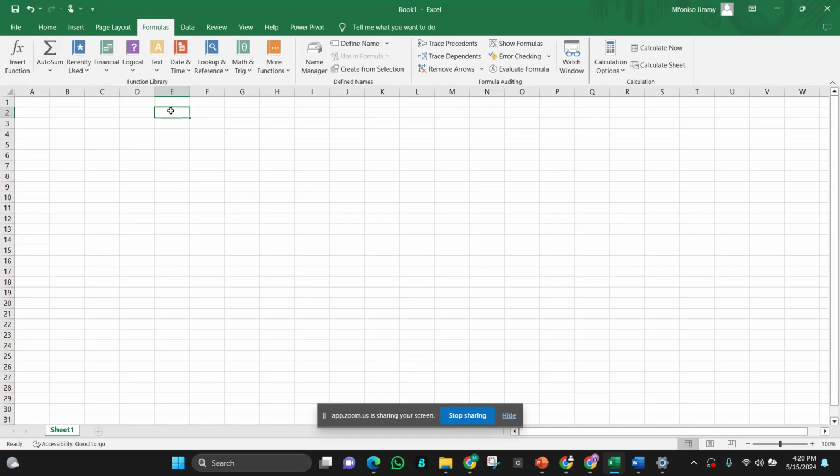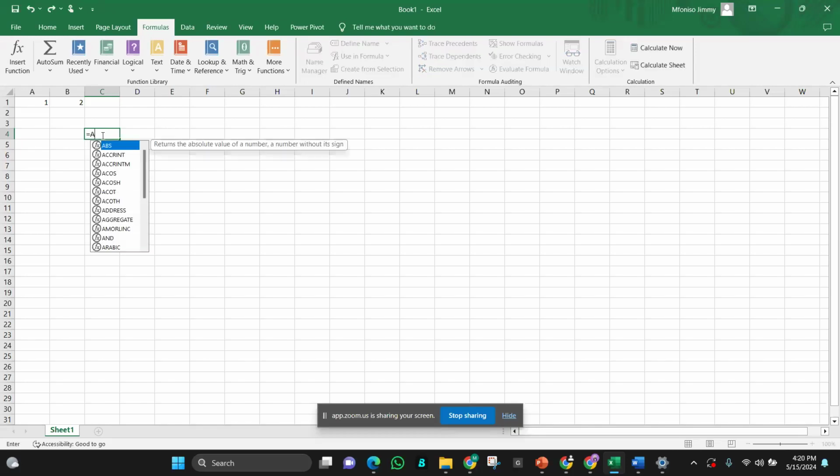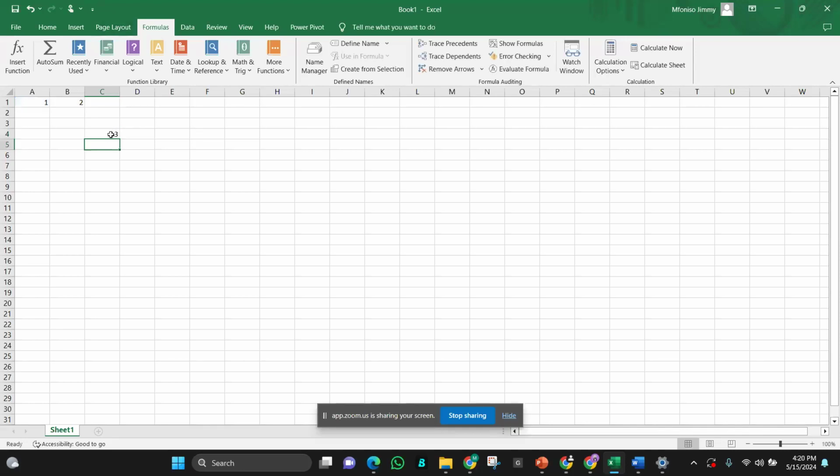For example, let me show you something. We have 1 in this sheet, and we now have 2 here. Okay, you can manually just write something like equals A1 plus B1, enter. You have 3.